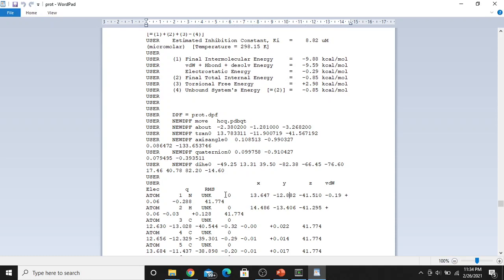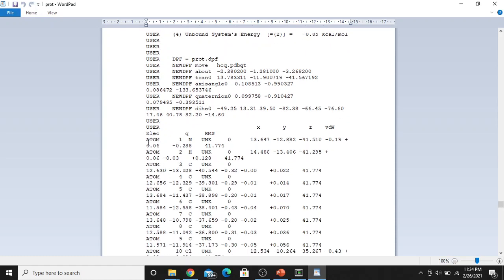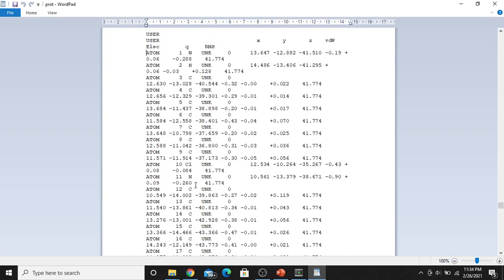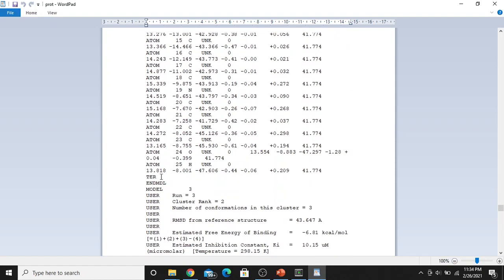We require only the coordinates of the ligand. Here it will be atom 1, which means it is ligand atom number 1. Now scrolling down, there will be a TER line. Above that there will be a 25, meaning there were 25 atoms in the ligand, and this is the coordinates of the last atom.